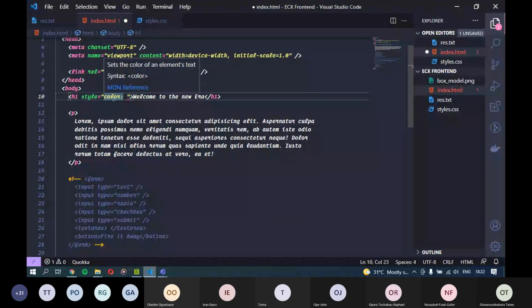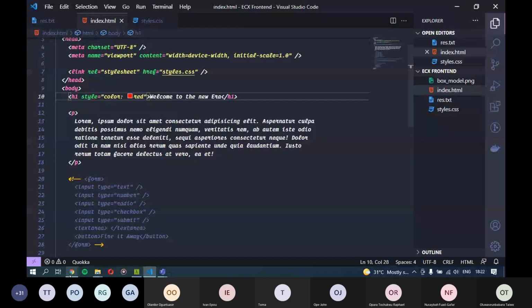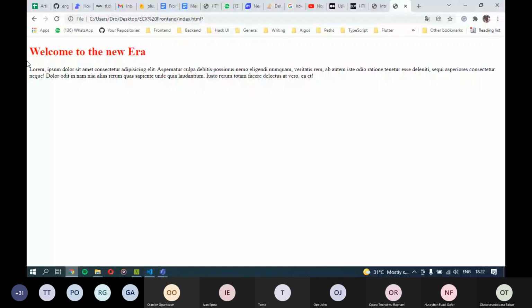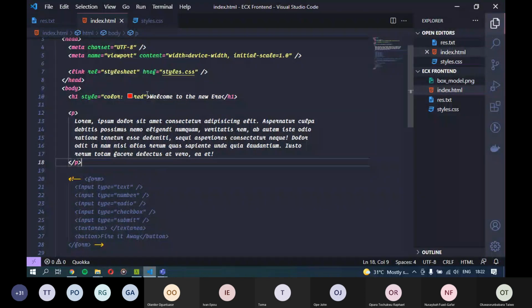If you want to add more, when you write the property that you want to style, and then the value you're supposed to have, you're meant to have a semicolon at the end.